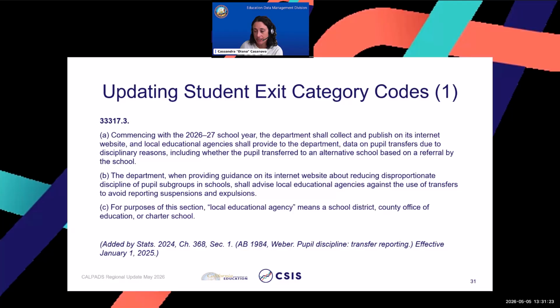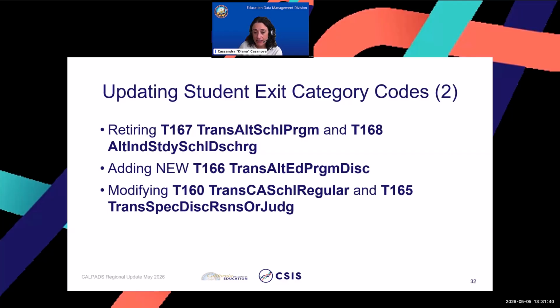So this addition to education code prompted us to do a deep dive into our transfer codes and to move toward a stronger alignment between what we collect and state and federal statutes, so what we have to report out. To meet the collection and reporting requirements, the CDE has made the following updates to the CALPADS student exit category codes. We are going to be retiring T167, referred by school and or school district, to withdraw from / leave school for non-disciplinary reasons,